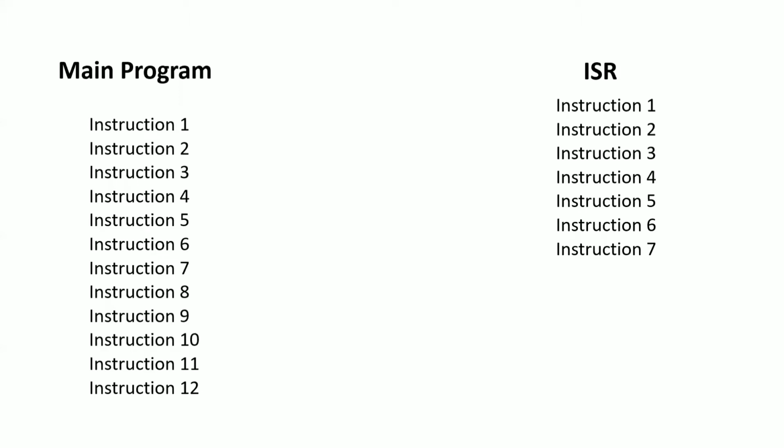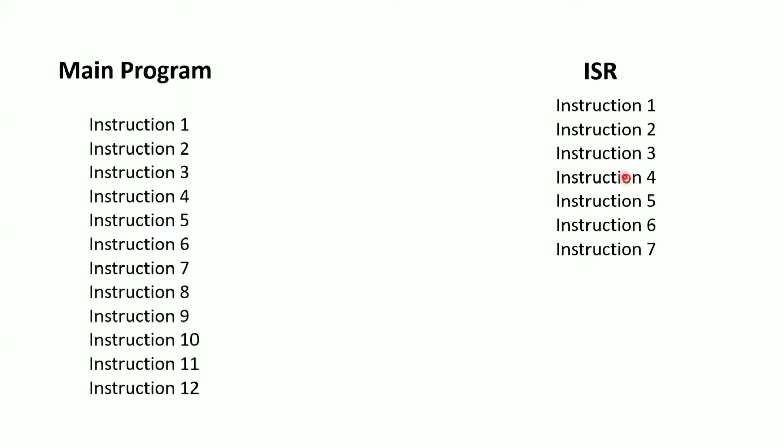Generally, interrupts are used to execute a program which has higher priority than your main program. Now this is your main program, on the left side you can see, and on the right side there is your ISR. ISR, not YSR, it is ISR. It is called interrupt service routine. This is also one program, main program and interrupt service routine. This is nothing but another program.